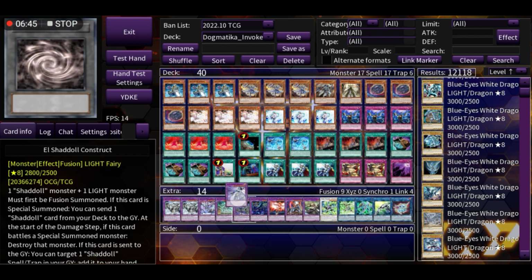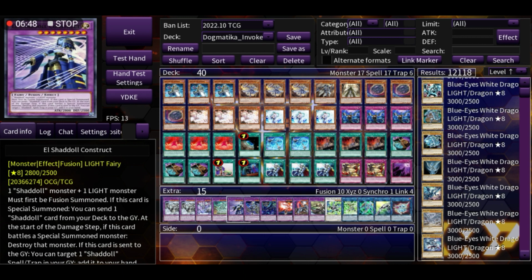And for the Shaddoll monsters, I'm playing 1 Construct because in case you need to discard Schism to the grave off of Abkalom, this can help you get it back to make sure you have some place. And sometimes the special summon effect can come up every now and then, but for the most part, that's all